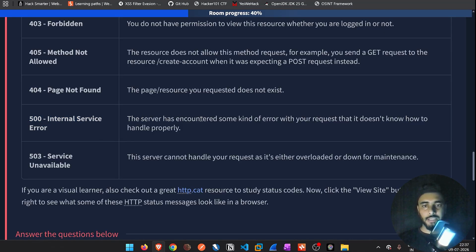The server has encountered some kind of error with your request that it does not know how to handle properly. तो जो 500 एरर है ये भी एक बहुत ही ज़्यादा इम्पोर्टेंट एरर है समझने के लिए। मान लीजिए आपने किसी वेबसाइट के ऊपर एक सर्च फील्ड थी और उसके ऊपर कोई भी चीज़ सर्च करने की जगह आपने एक ऐसी अनएक्सपेक्टेड इनपुट डाल दी और सर्च के ऊपर क्लिक कर दिया।